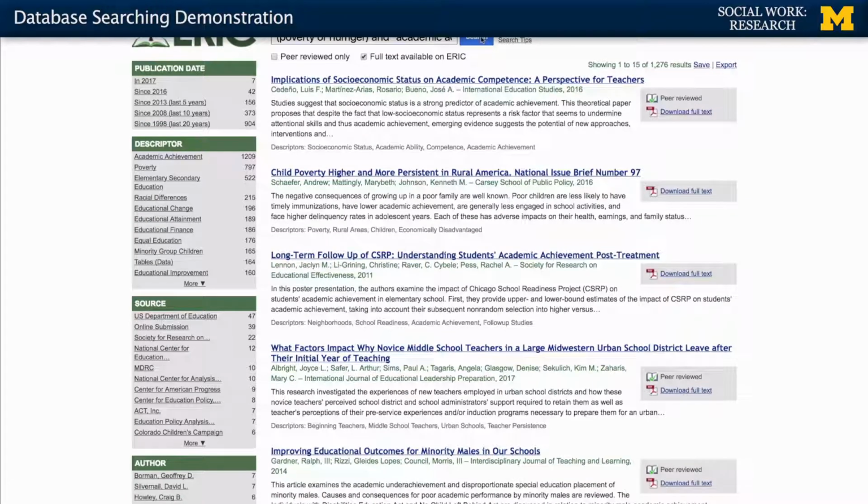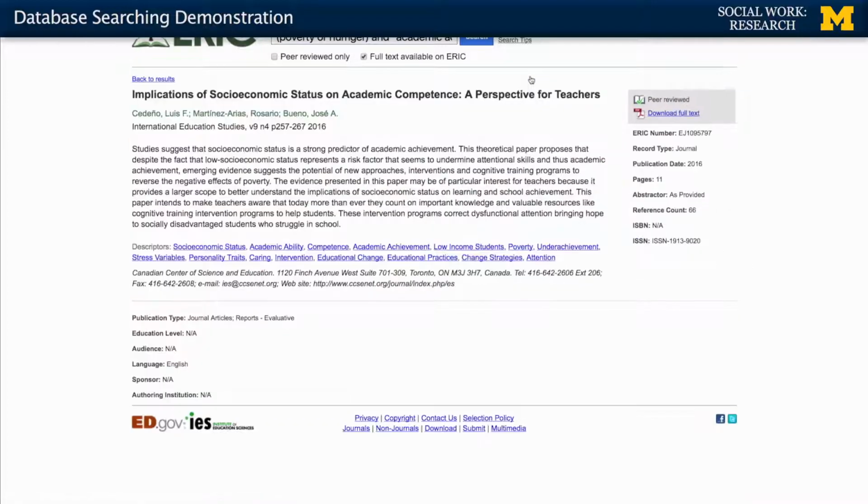In addition to research articles, ERIC has reports, conference proceedings, and other contents that are perhaps not peer-reviewed literature, but can also inform the research that you're doing because they were written by experts for the use of other experts in education. Clicking on an example, here you can see the descriptors, as ERIC calls them, the standardized terminology that is used